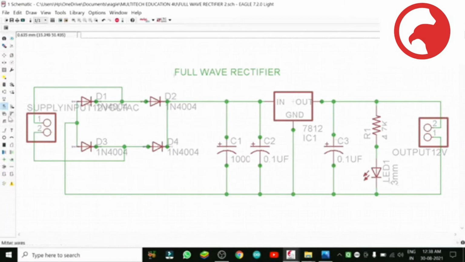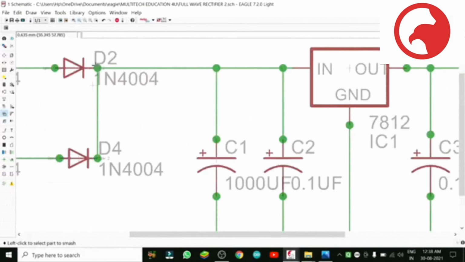Value. Now we have selected the name. Let us click here, and you will see we will change the value of this diode. We have chosen the smash.